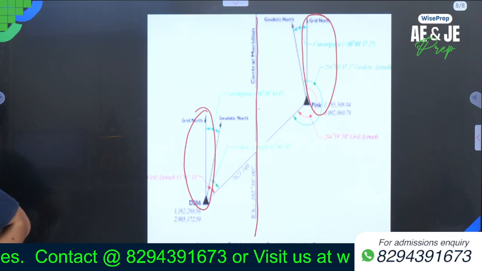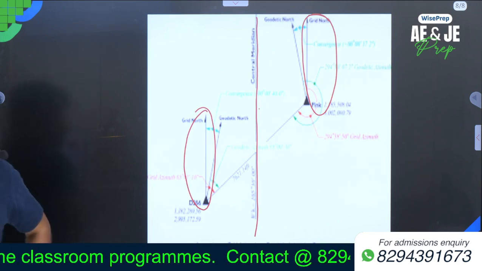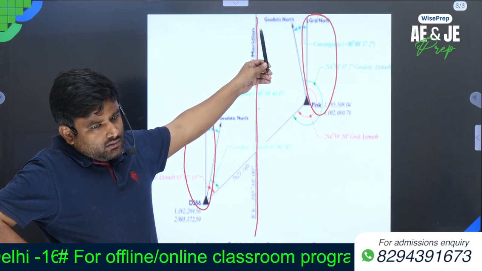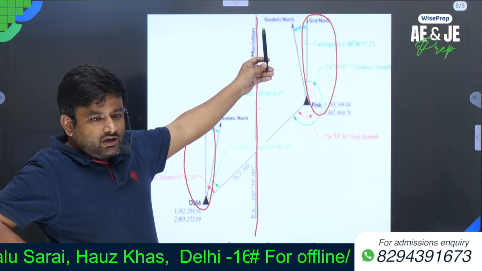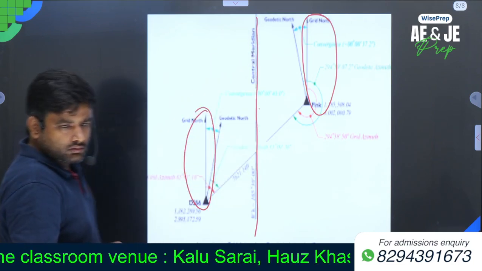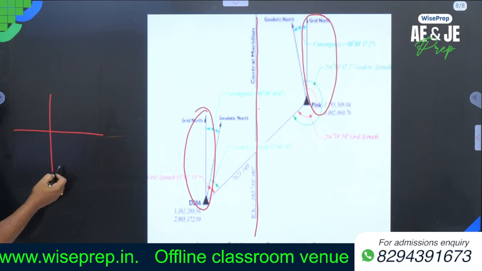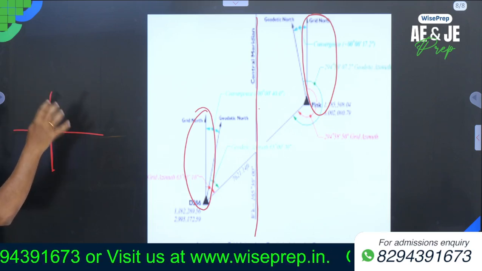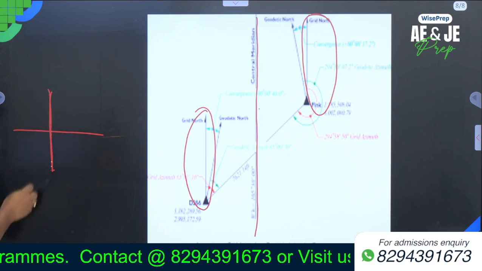Arbitrary meridian. Suppose this is a fixed height. See here, this is a fixed height. So we'll consider this as an arbitrary meridian. Arbitrary means anything. You have seen the church. You are Christian, so you must have gone to church. This is known as a spire. So it can be considered as a meridian. All other things nearby can have their directions defined with respect to this one.